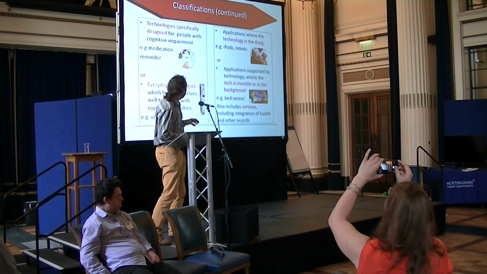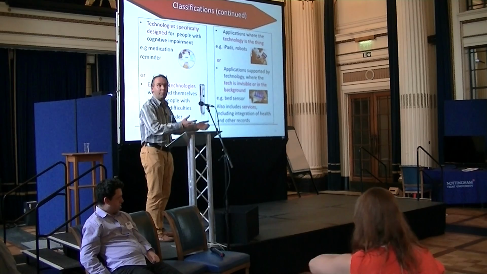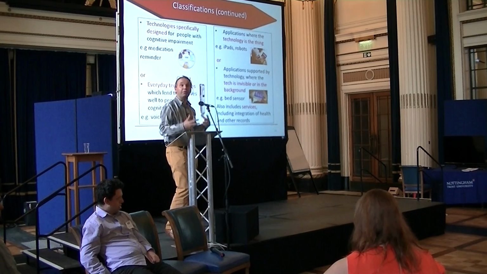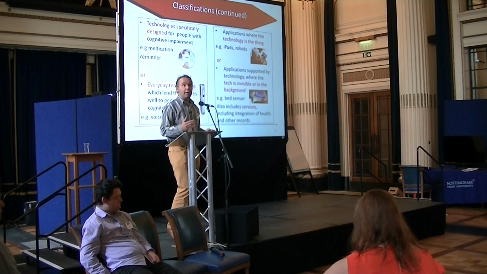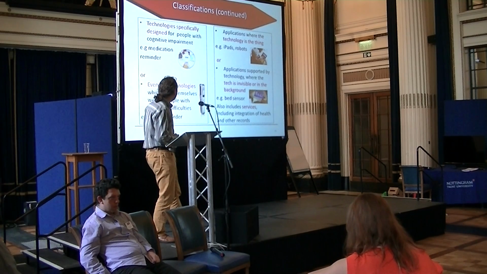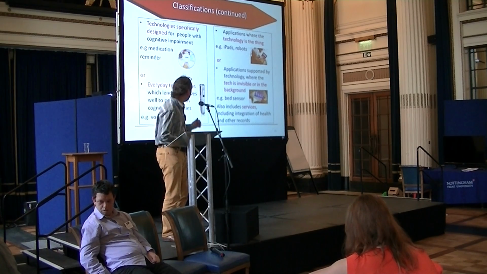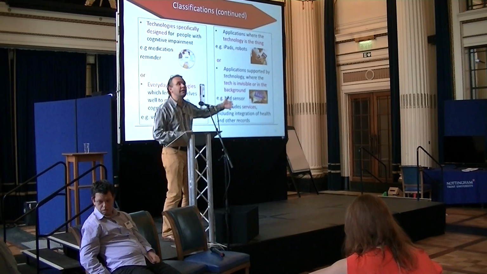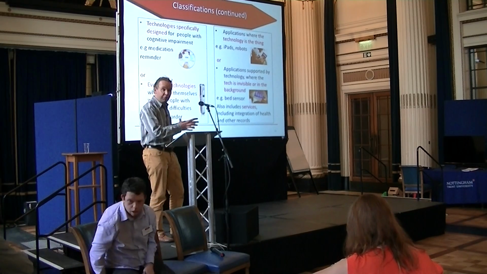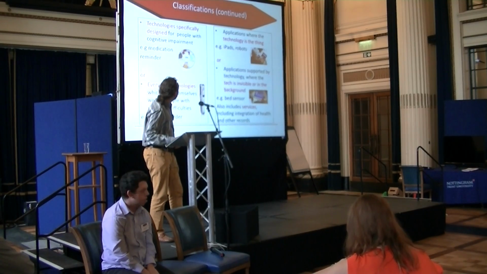And then on the other side, we can think about technologies where the technology is really the thing that you're dealing with. It's an app, or it's a robot. I'll give some examples. Or we might think of technologies that are more in the background. So a bed sensor might help to see whether somebody's getting up, maybe getting up too much, or maybe not getting up due to lack of motivation. And so you can use a bed sensor or chair sensors, and I'm sure people here will be familiar with some of these things. And you might also think about tech services that run in the background, as well as being technologies, and perhaps an integration of other health systems into this whole idea of what we'd like to think about as technology.